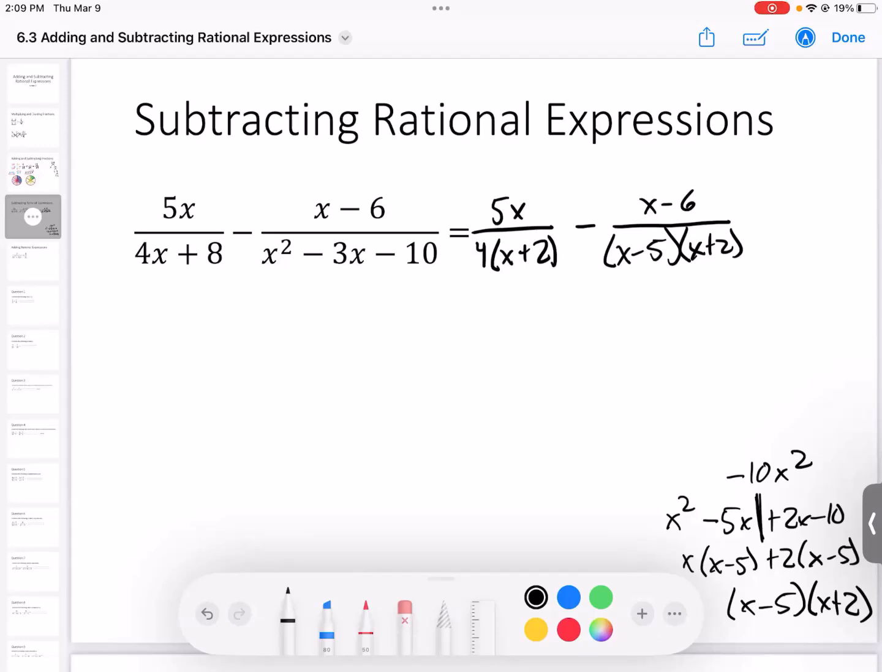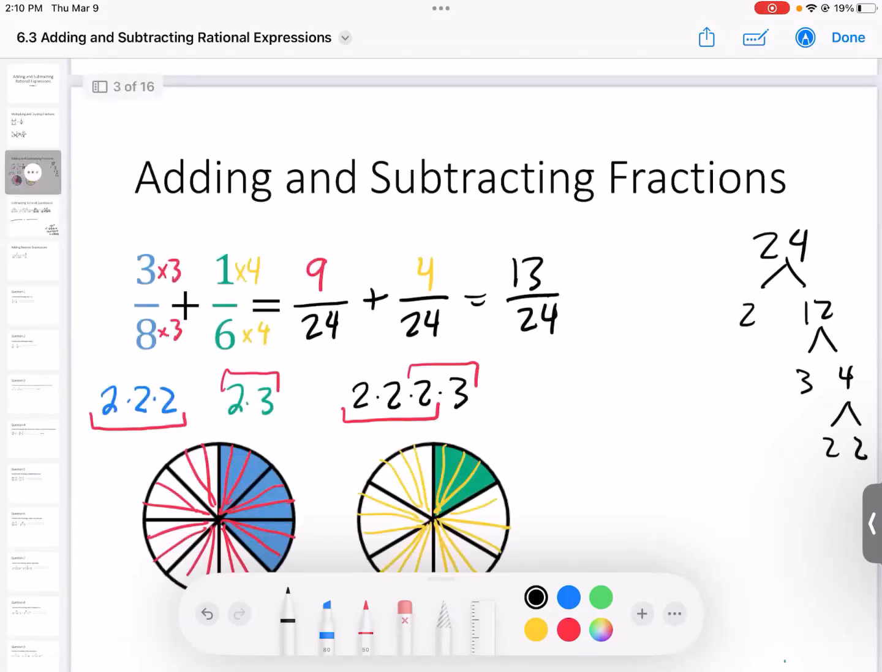So I need to figure out what is my common denominator. So I'm going to draw out some new fractions here. I'm going to try to find out what this common denominator needs to be. Well, as we saw back here, the 8 had 3 2s, and so our common denominator also needed to